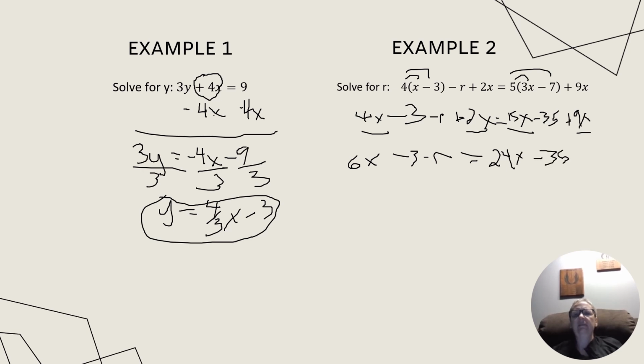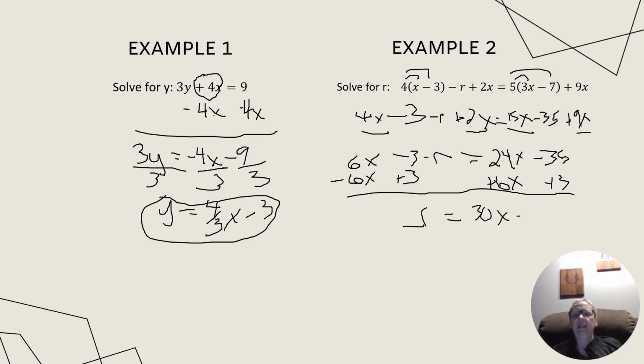Now I want to move everything that's not an r to the other side of the equation. So I want to move the 6x to the other side, so I'm going to move that by subtracting it. I'm going to get rid of this negative 3 by adding it. So I'm going to add a 6x, I'm going to put it under the x. I'm going to add a plus 3, which I'm going to put under the number, just to make my life easier. So I have negative r equals 24 plus 6 is 30x. And then negative 35 plus 3 is negative